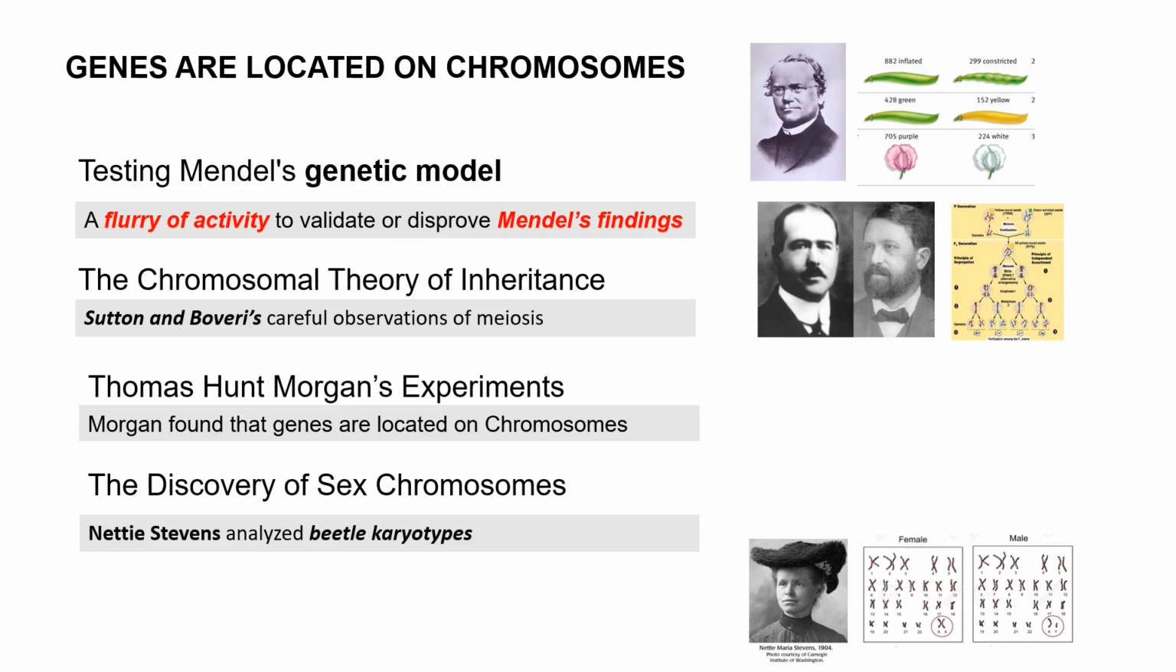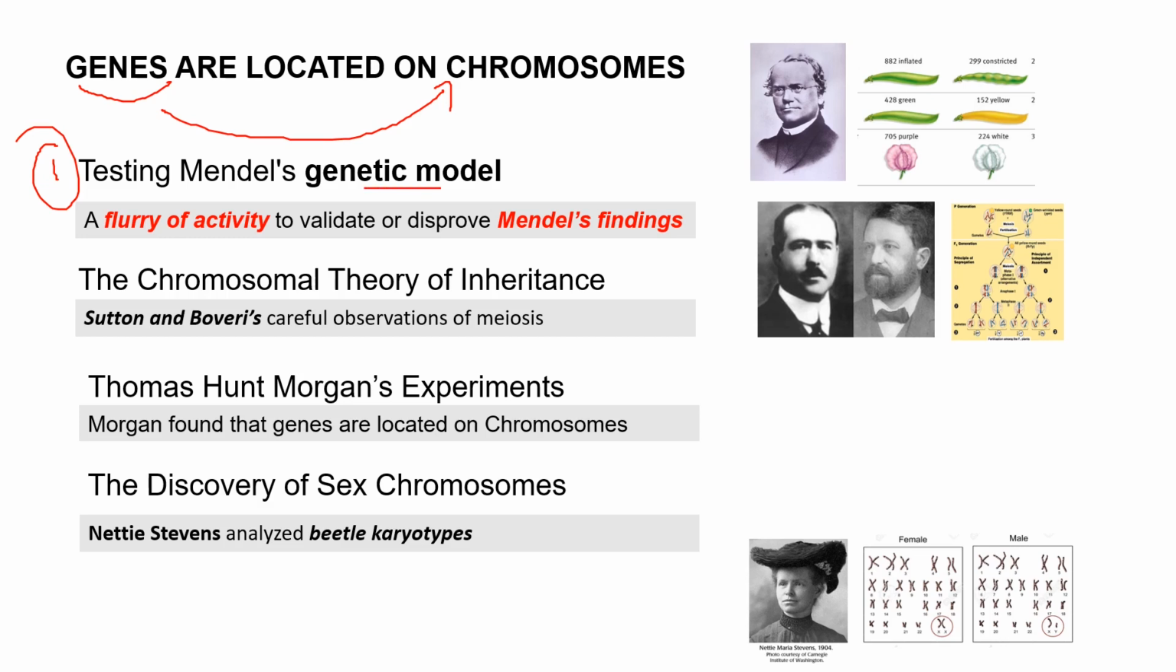In this class, we will talk about the different experiments that allow us to know how genes were located on chromosomes. So remember, the key thing I want you to remember is that genes are located on chromosomes. And in the first part of this lecture, we will talk about how many scientists started trying to test Mendel's